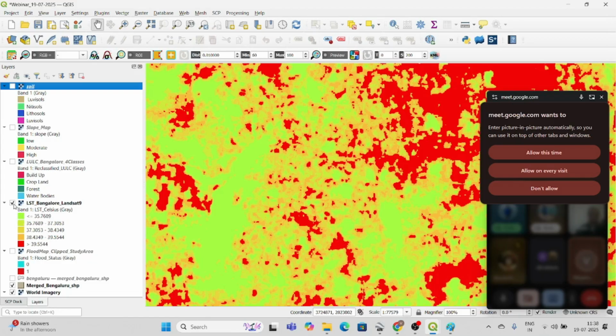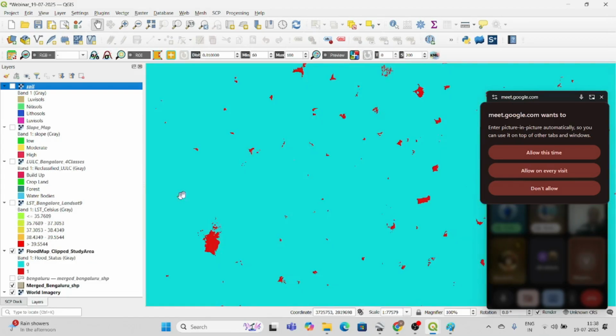The next one is the flood map. For the flooded area, I used the global surface water datasets. For this also I used Google Earth Engine. To create flooded and non-flooded areas, you can also do it in QGIS or ArcGIS Pro. You can use the raster calculator to identify it. For each and every pixel, if for a month, for example January, water is present in a particular area, it will be taken as a flooded area. Other than that, it will be a non-flooded area.